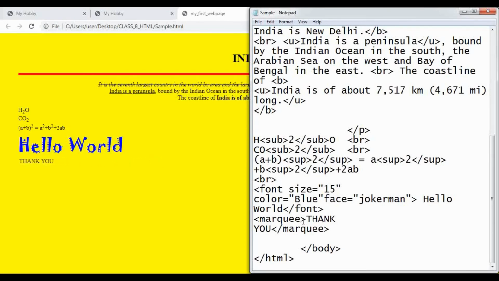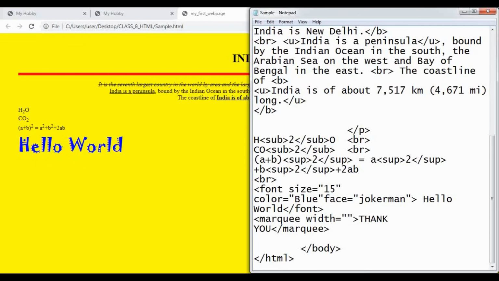So the first attribute of the marquee tag will be the width and the height of the tag. This will specify how much will be the width and how much will be the height. So width is equal to, the value will be given in percentage again.